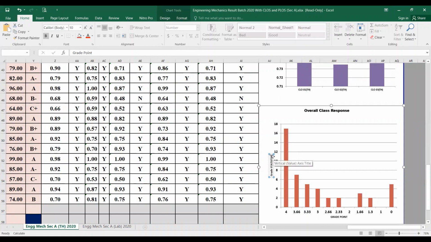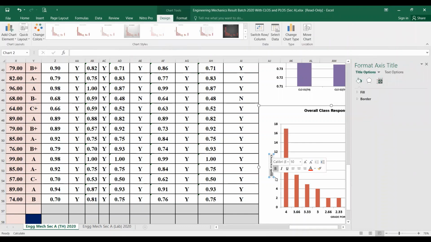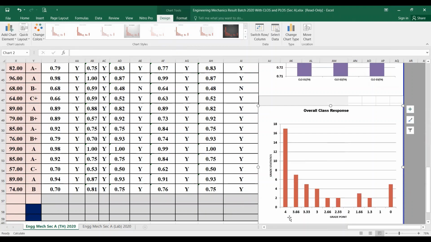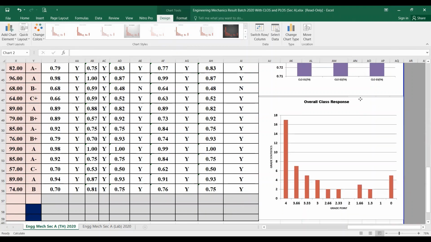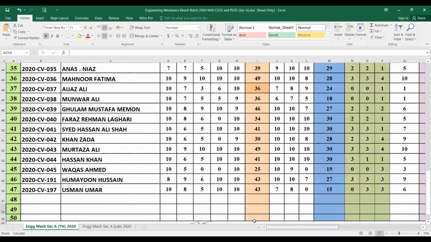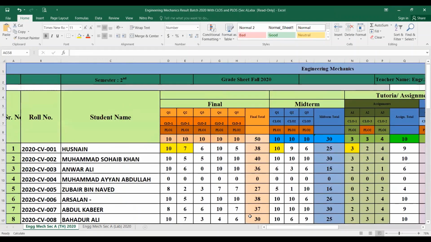So this is the way you can see it. And now after doing this, what I am going to tell you is that you can make this graph, and you will get it on the QOB software as well if you just put the marks over there. So this is the way to make the Excel sheet for the CLO and PLO attainment.